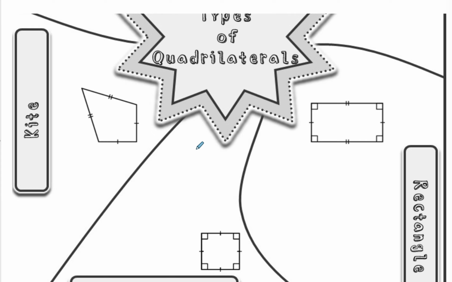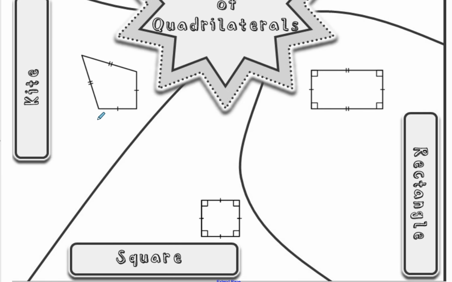All right, next one on our sheet, let's see, we'll start over here with the kite. So for a kite, we have two pairs of adjacent congruent sides. So we have two short sides that are touching, and they're the same length, and then we have two long sides that are touching, and they're the same length. These little short lines indicate these two are the same, and then the double lines mean these two are the same. So kite has two pairs